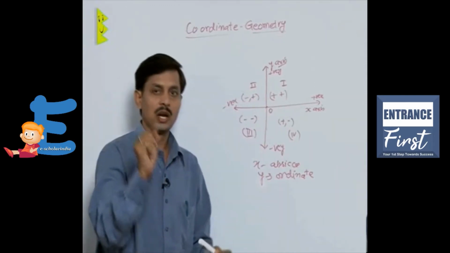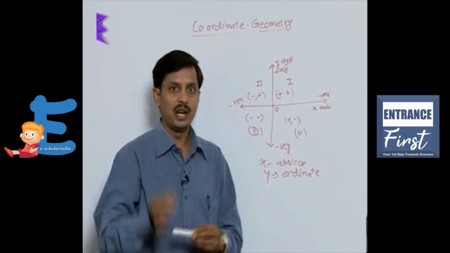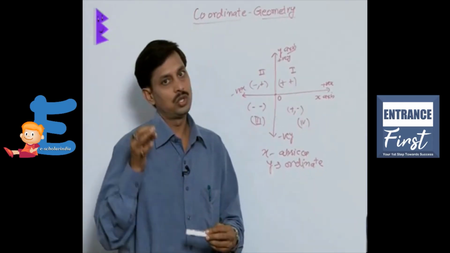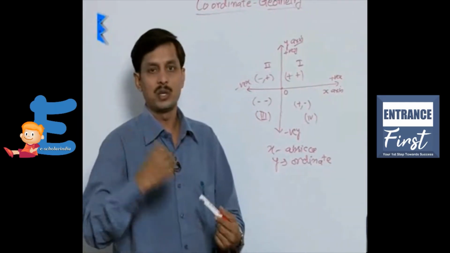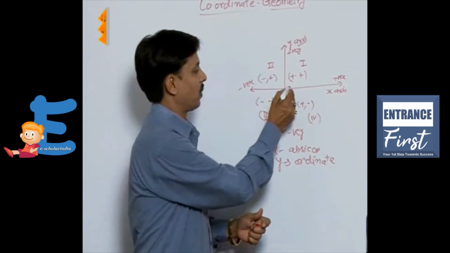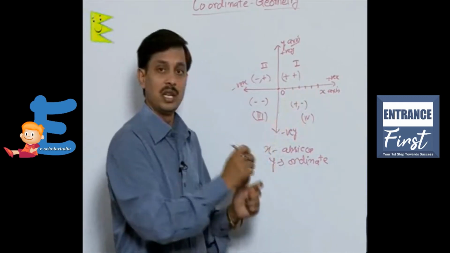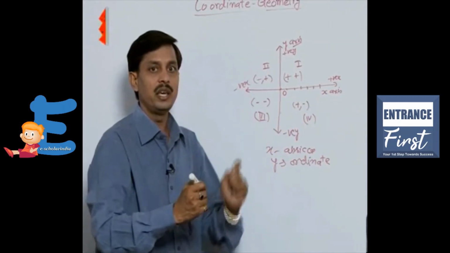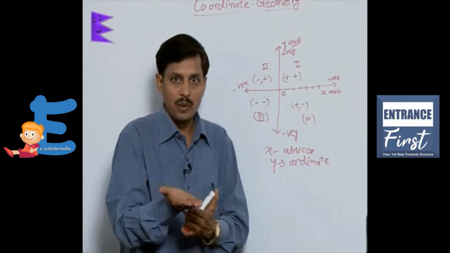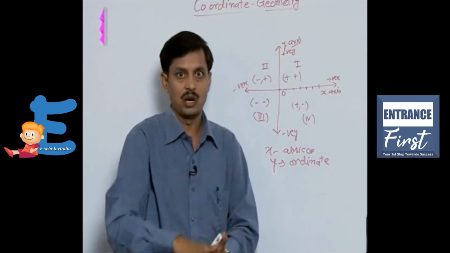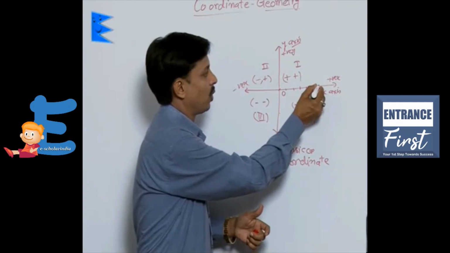So the position of any point: suppose I ask you to locate a point in this plane where x is 6 and y is 2. X is 6, automatically understood as positive 6. So if I take 1, 2, 3, 4, 5, 6, this is x is 6 and y is 2. To locate y, either I will go up from the x-axis or I will go down from the x-axis. For the positive case, I will go up. So from here I am going up.